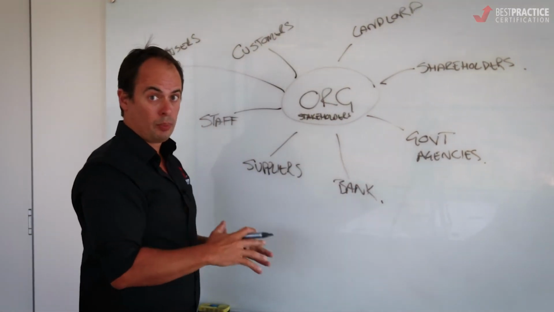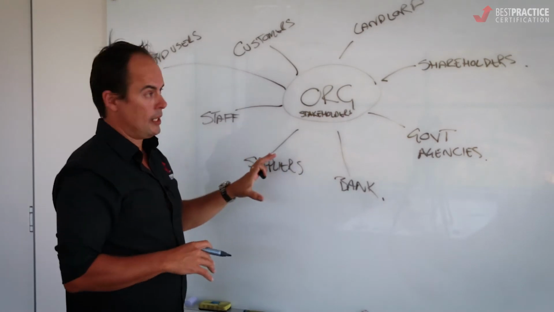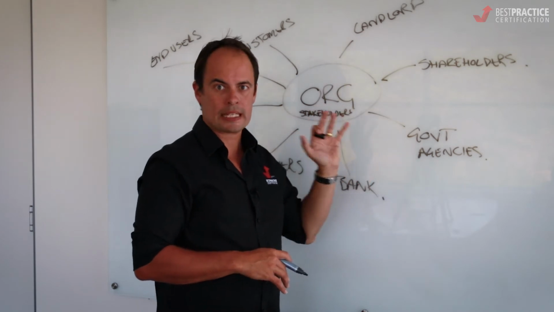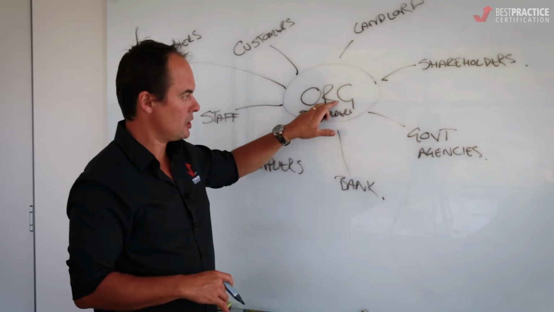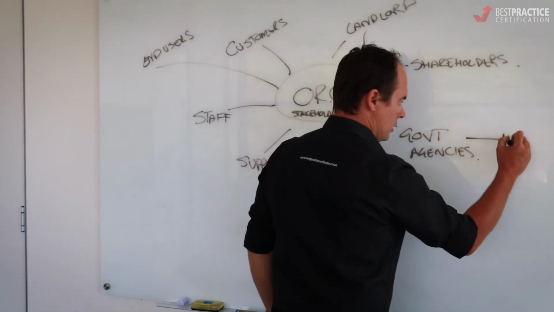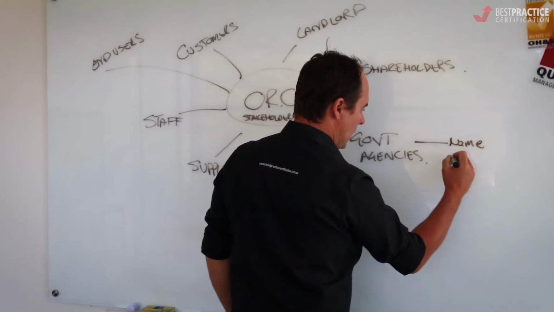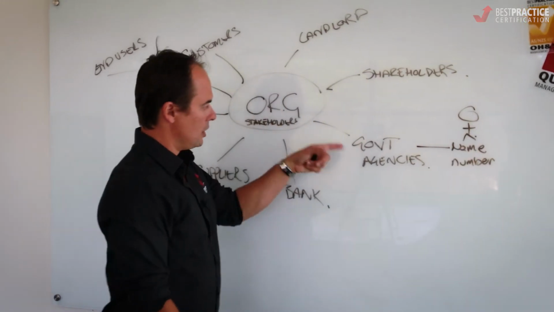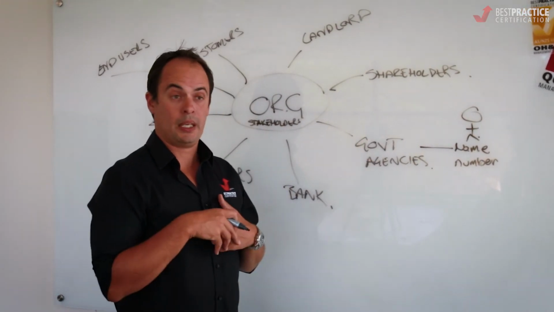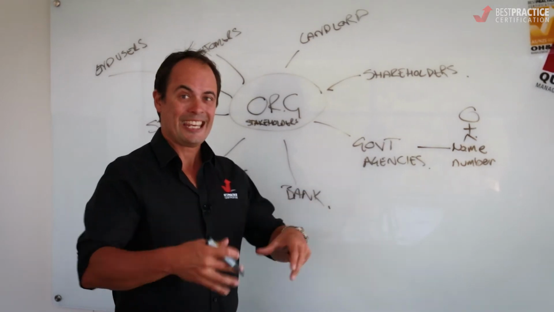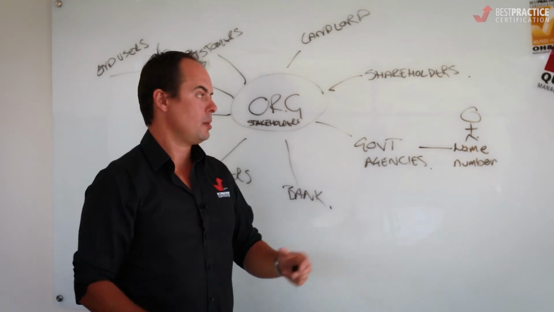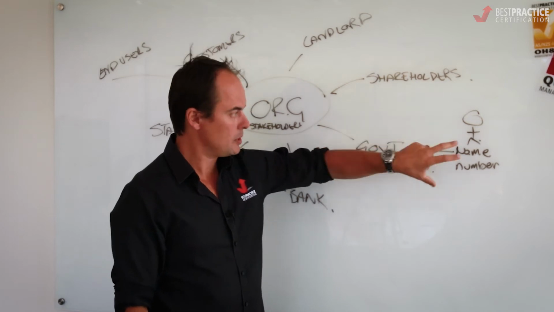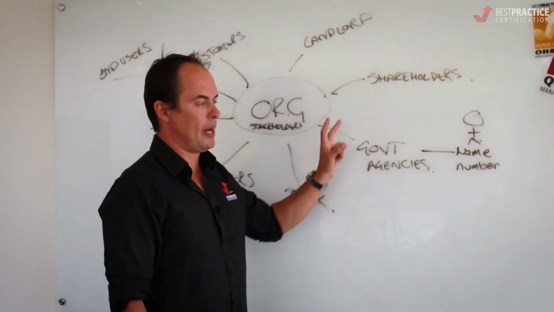Key tip here, critical point. This is a critical point that I want you to understand as you go through this process. We must, absolutely must, be specific. Specifically your organisation, and specifically the name and phone number of the person that you're thinking about when you're talking about a government agency. There might be 4 or 5 different government agencies in each jurisdiction where you operate. It's important to be thinking, if you can, specifically, most specifically and accurately as possible about that person, so you can unpack what their requirements are.